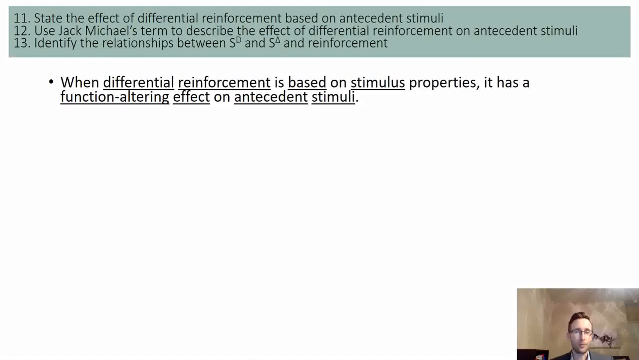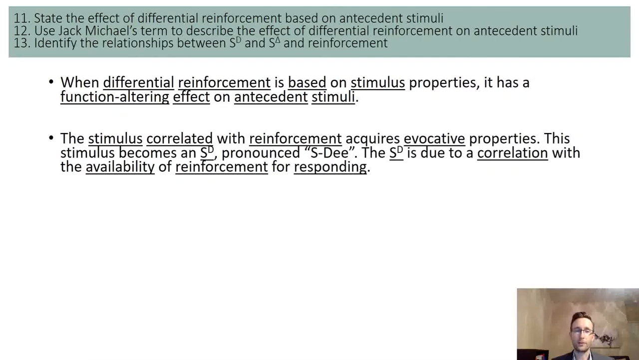What I haven't said yet, but I'm saying now, is that that procedure, differential reinforcement, has a function altering effect on those antecedent stimuli, such that one becomes an SD, the one correlated with availability of reinforcement. The other is an S delta, correlated with the unavailability or the absence of reinforcement. So the SD acquires an evocative effect on the behavior. S delta acquires an abative effect on the behavior. Those functions were acquired through differential reinforcement